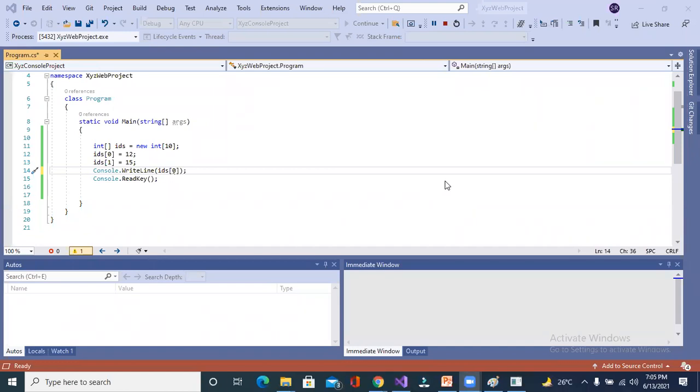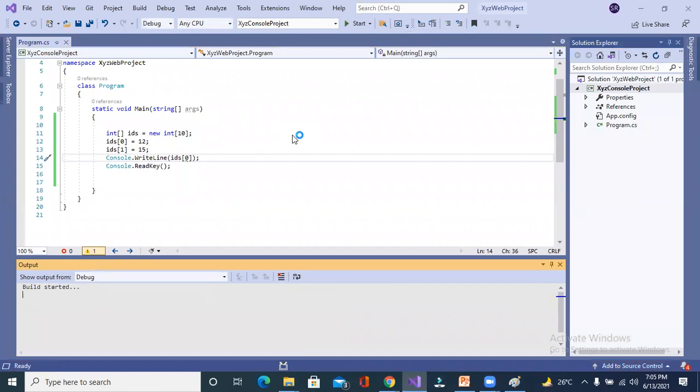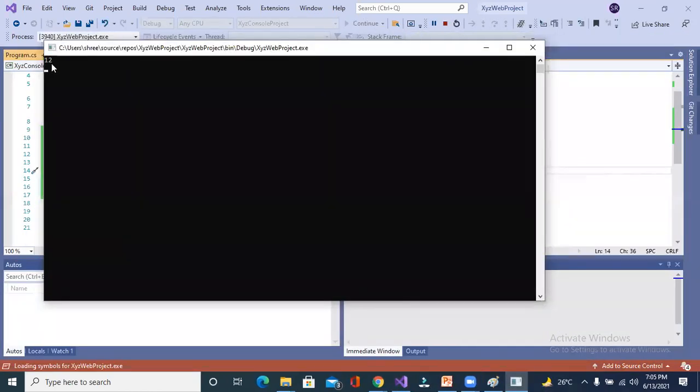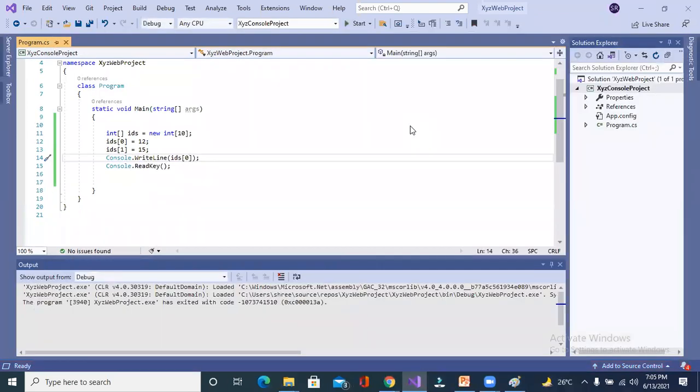So, Anand, what would be the result? 12. 12, right. Let me check. Now, what is the result? 12. Right. Yes, sir.